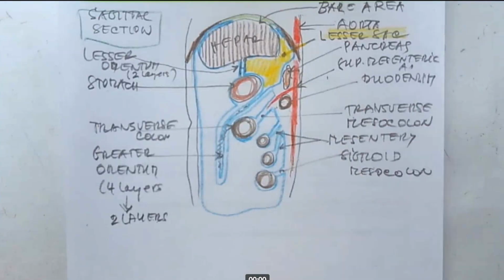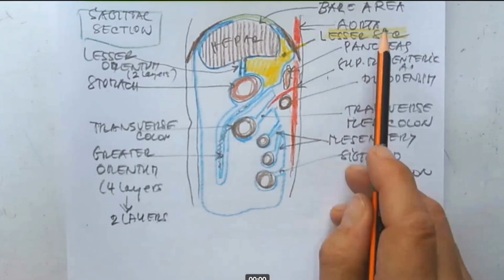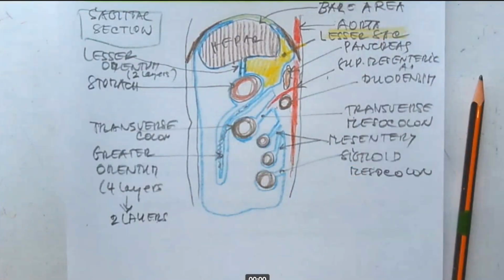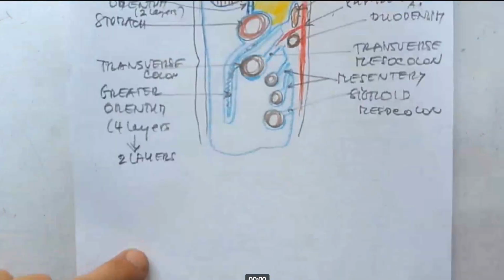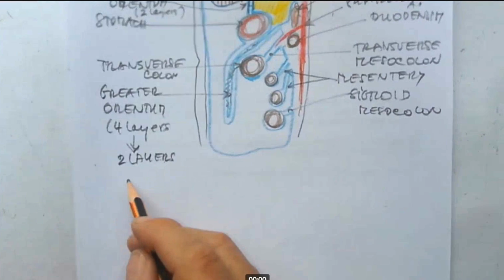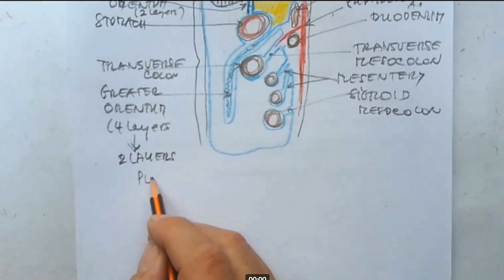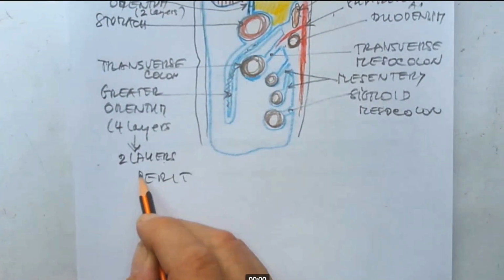So we see that this is the peritoneal cavity in full extent with all the important subunits, including the lesser sac in yellow. This was important, and then we go ahead, saying that the peritoneal cavity